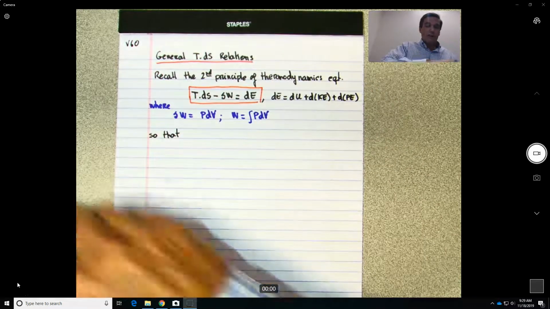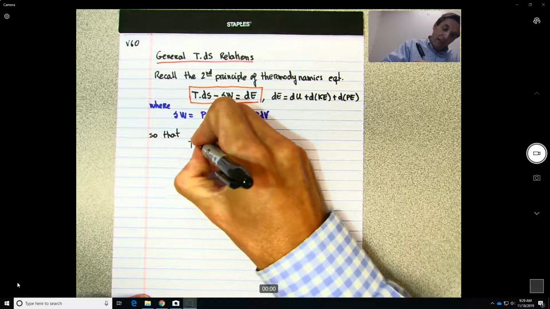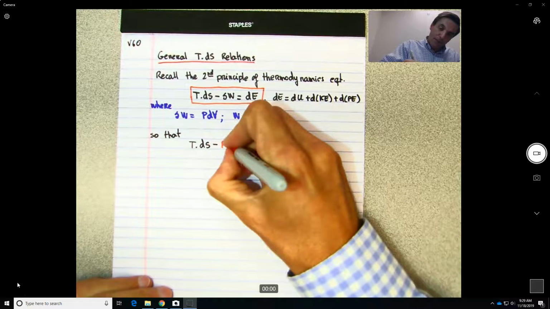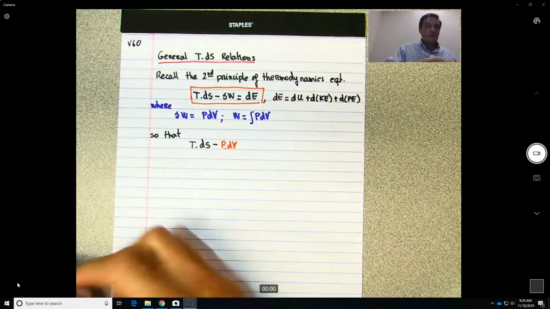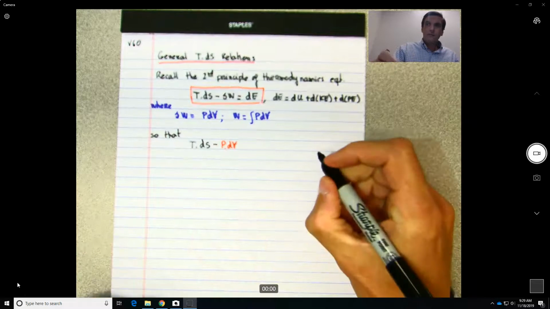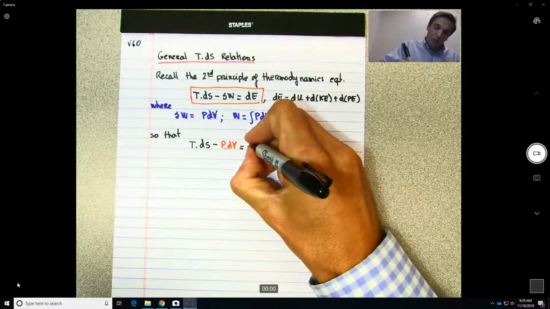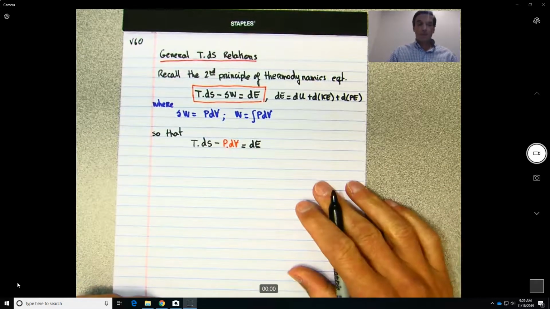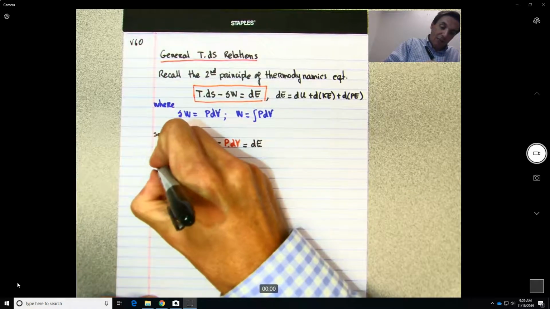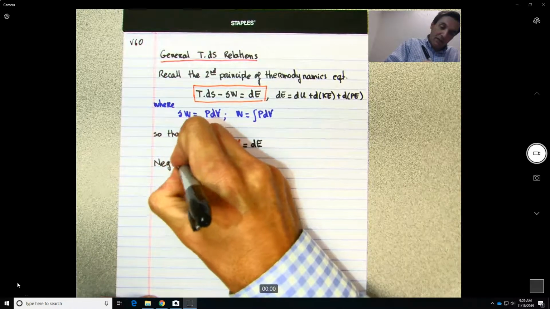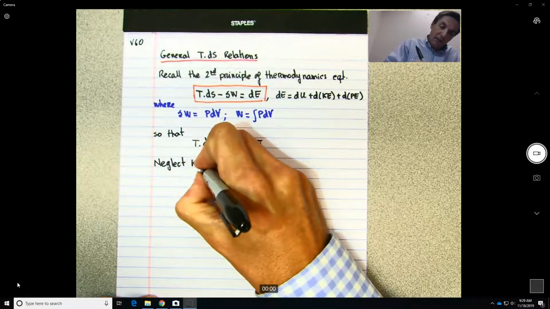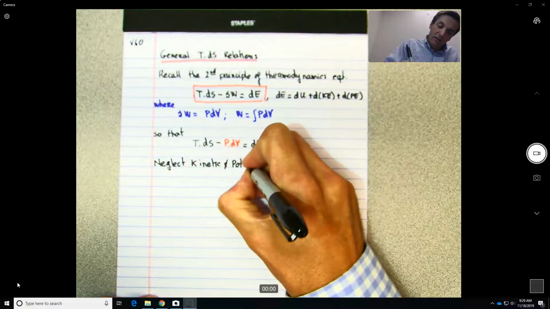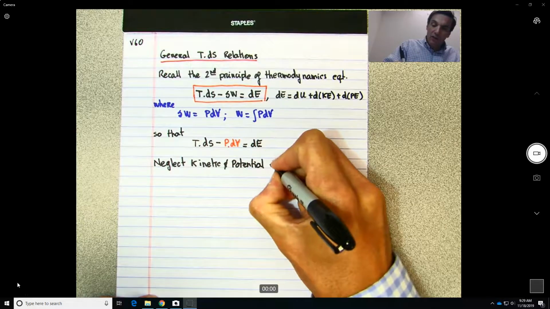So if we substitute this expression over here, we can rewrite this equation as T dS minus P dV is equal to dE. Okay? Now, if we neglect kinetic and potential energy,